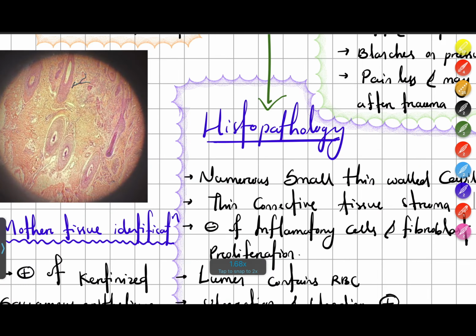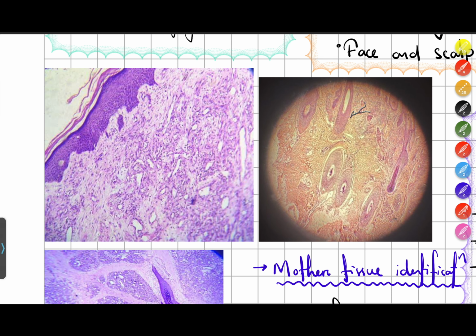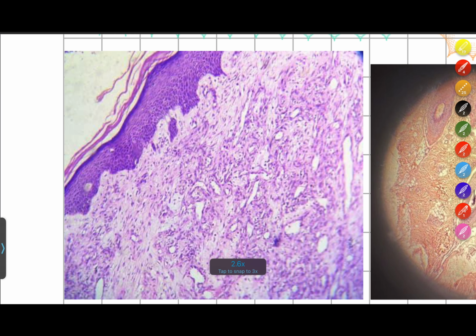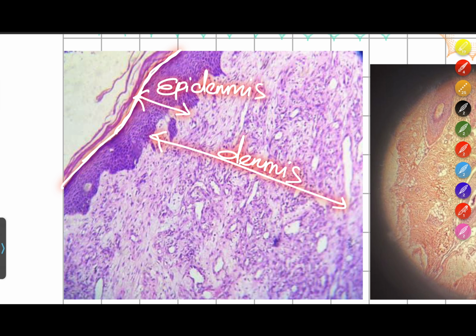So now let's go to the histopathology. Before going to the histopathology, first how can we identify that this is the slide of capillary hemangioma? To identify the slide, first take the slide and focus the slide on scanner or low power view. Then go to the margin end, and in the margin you can find that this is the epidermis and this is the dermis, and you can find the keratinized squamous epithelium,